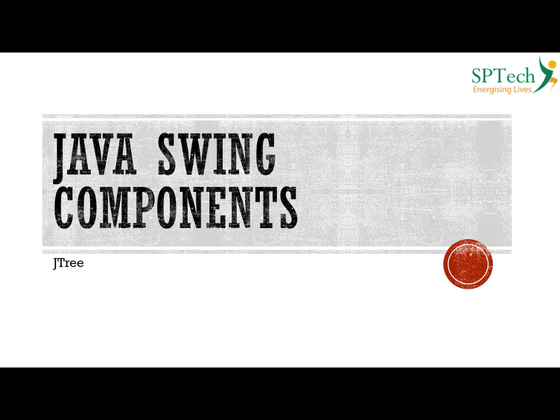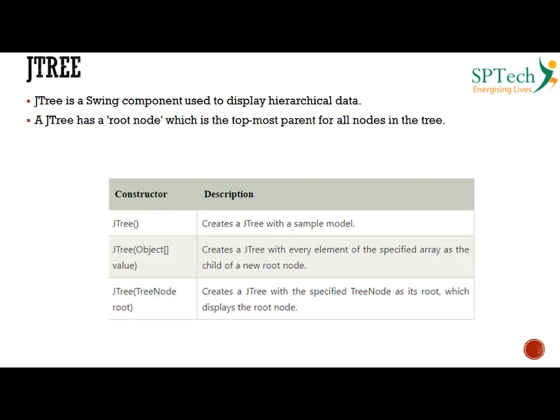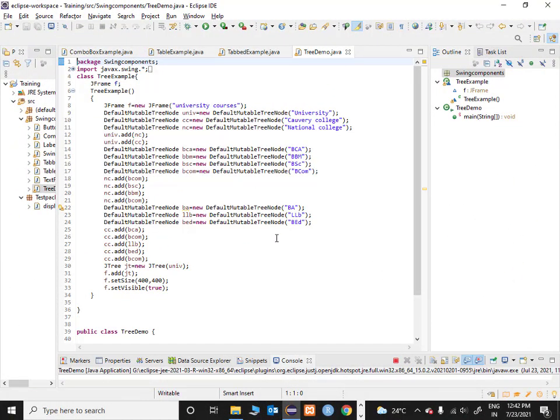So now before we understand what is a JTree component and see what are the constructors of a JTree component, I would directly want to show you an output and see how a JTree component looks like. So we will go see the output in Eclipse, come back and then start understanding how to implement the JTree using Java Swing. Here you go, this is a simple program on how to implement a JTree component in Java.